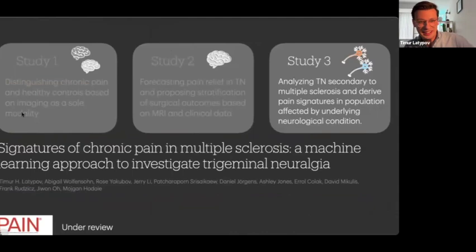So in the first study of this work, we focused on a condition called multiple sclerosis. It's a severe progressive neurological disorder that in fact has a high comorbidity with chronic pain and trigeminal neuralgia specifically. But despite this, chronic pain is usually not in the spotlight of clinical assessment of MS. And that on its own already emphasizes the fact that research in pain is very important for the MS population. So this work aimed to identify neuroimaging signatures of trigeminal neuralgia pain in MS.